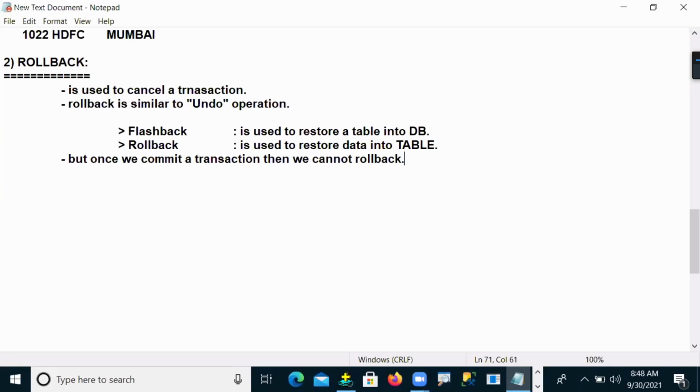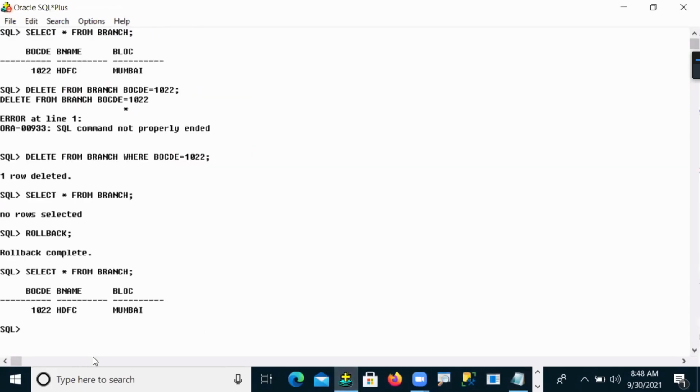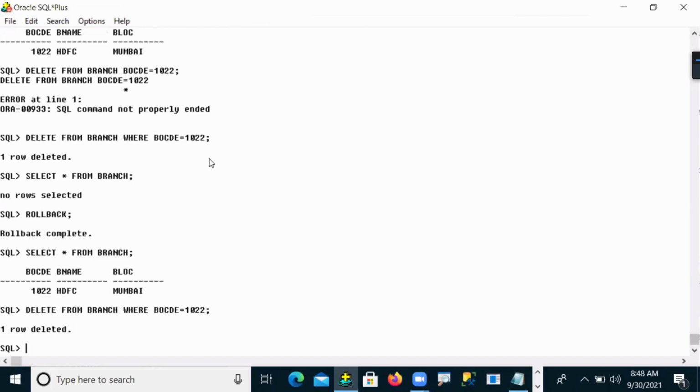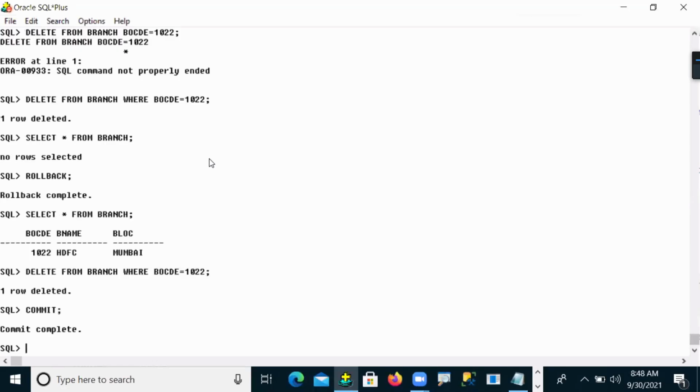Because commit means what? Successfully, permanently done. That is what commit means. Once your transaction is committed, after that, if you try to roll back, it is not working. For example, I still have data in my permanent storage. Again, I use the delete command to delete it. After deleting, I commit.